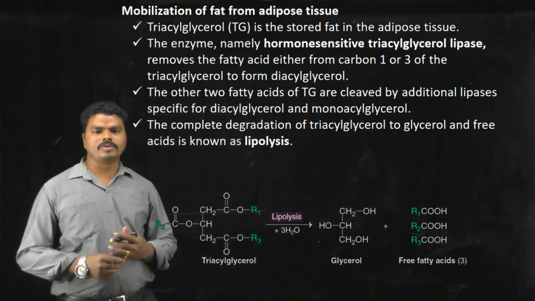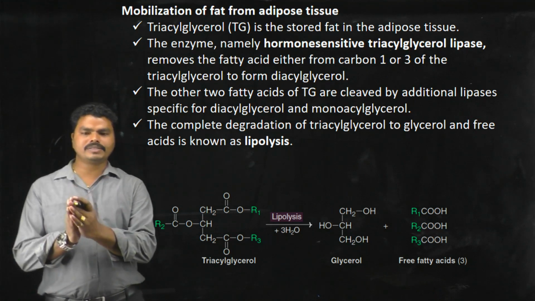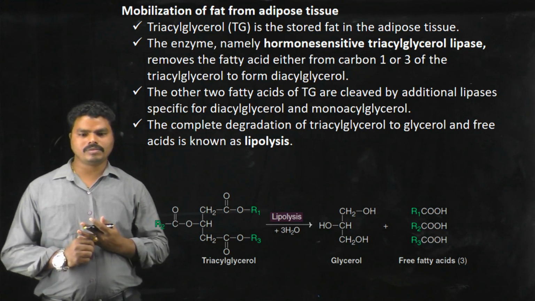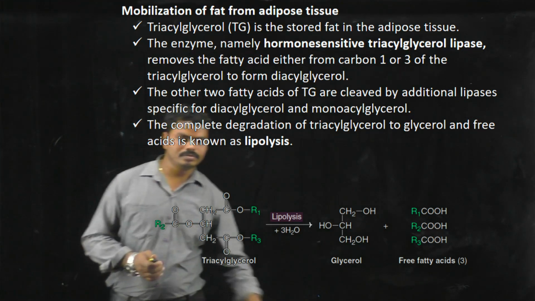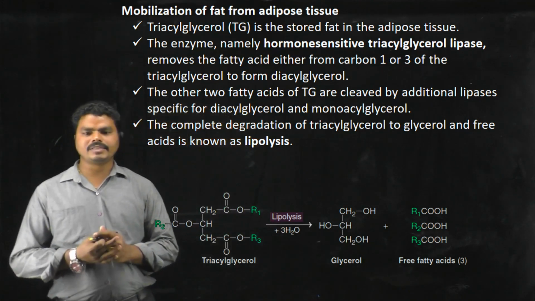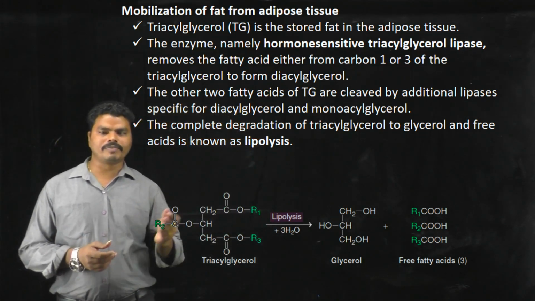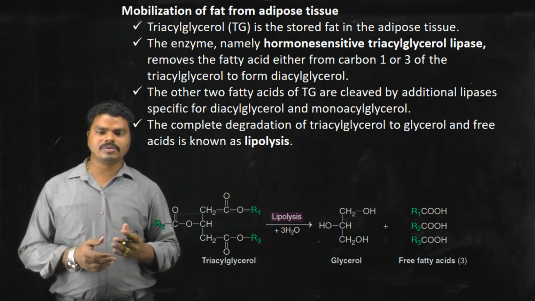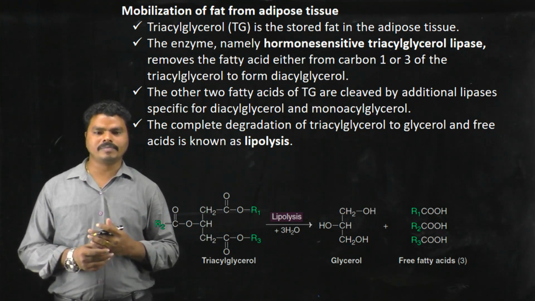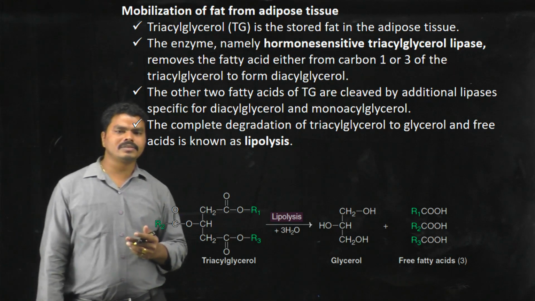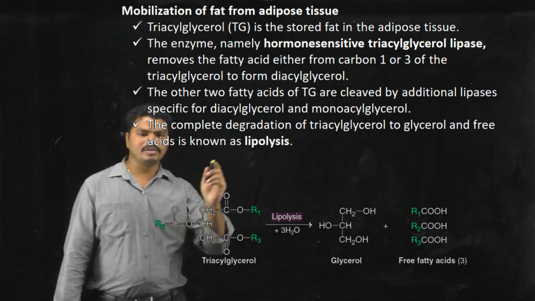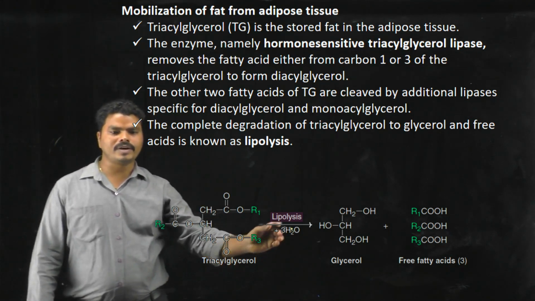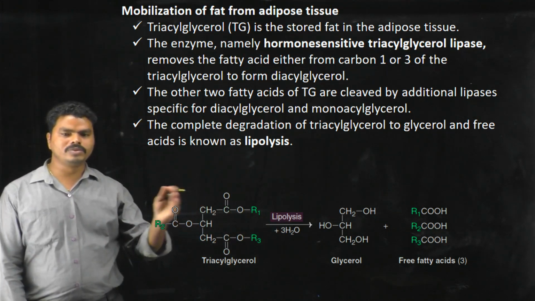We already discussed that the lipids in the form of fat are stored in the adipose tissue to provide energy during a longer period of food deprivation, that means fasting. At that time the fat is utilized as the energy source whenever we are fasting. The triglycerides are already stored in the form of fat in adipose tissue. From there the fat will be converted into glycerol and free fatty acids to produce ATP, or energy.